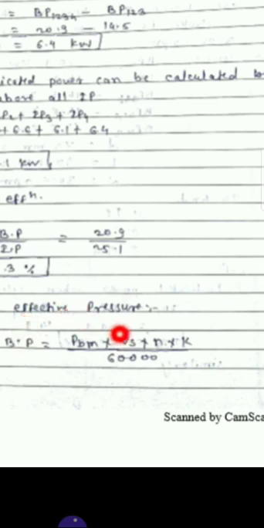Now Vs is nothing but the swept volume, which we can find out by pi by 4 d square into L. Small n is nothing but the number of power strokes. The speed is given, so we can easily find out this small n, and K means nothing but the number of cylinders, which is 4. So we just have to put those values and solve.